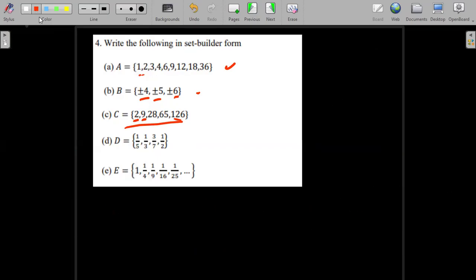For part D, it's really hard to see at first what is going on, but you can define it. You observe that it's a set of x such that x is defined by n over what? Over d, because it's a fraction. We have a number on top in the numerator and down there d representing the what? The denominator. So where the values of n